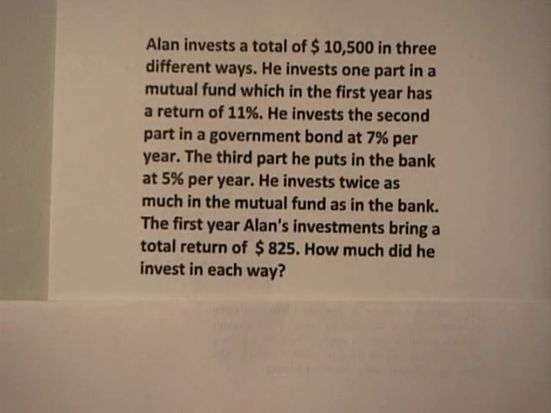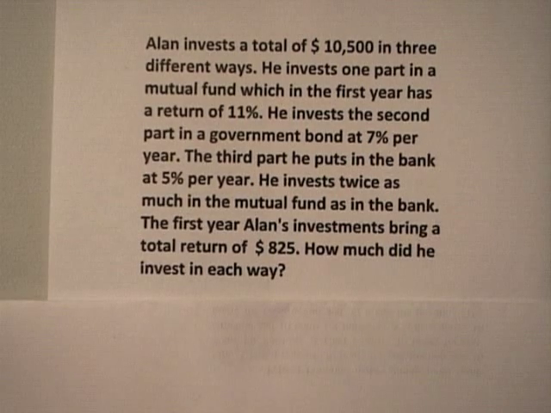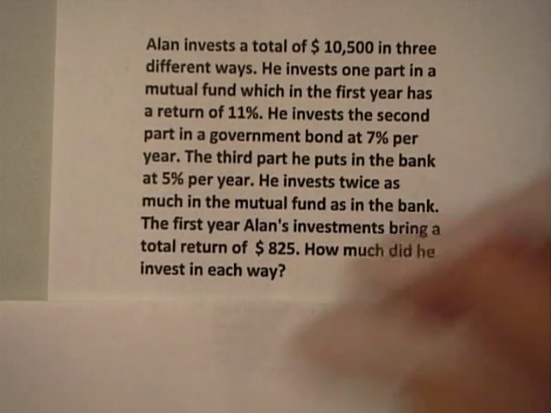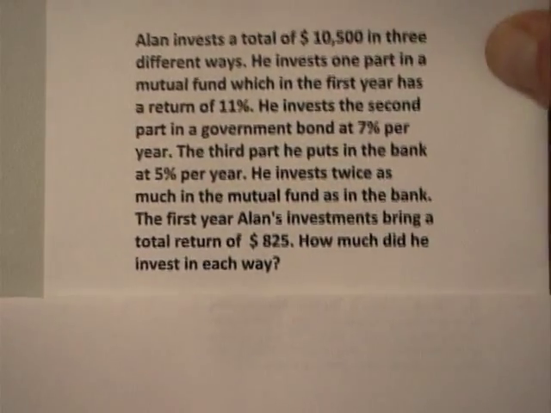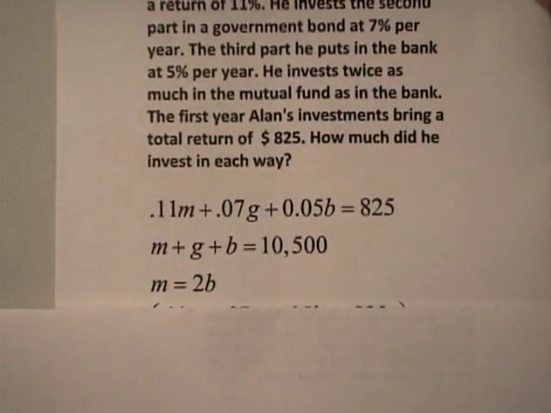Can we essentially divine the way he distributed his money, his $10,500, simply by the information that was given? And the answer is yes, he did give us enough information. If he had not given us enough, we wouldn't have been able to, but as it turns out he did. So let's discover how it happened. So what you have next